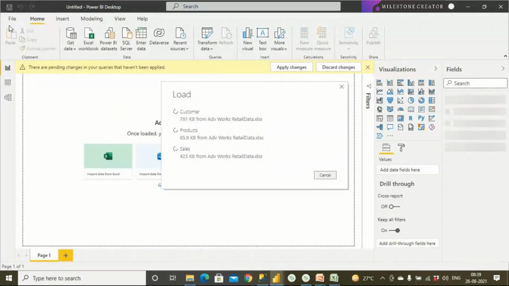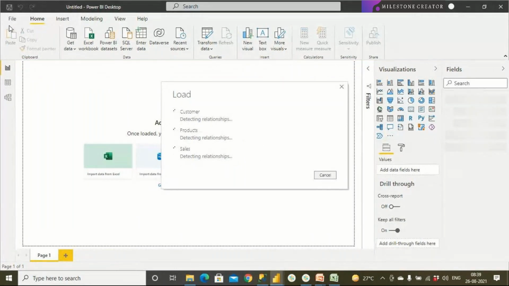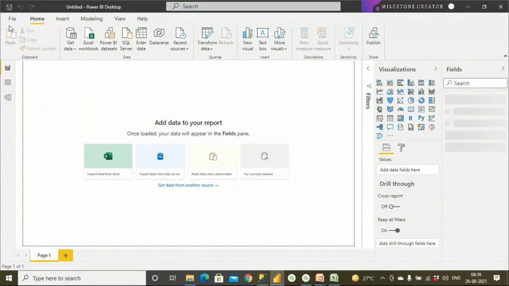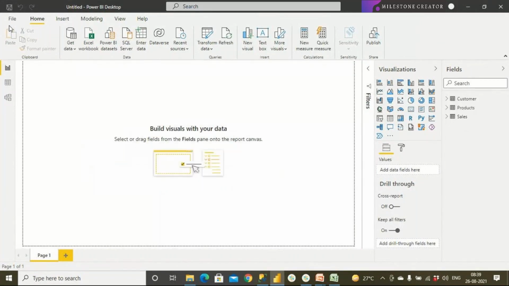There are pending changes in your queries that haven't been applied. We have 60,000 plus rows in the sales table, right? It's megabytes of data. All the data will get loaded into the Power Pivot model and it will get compressed, and a columnar database is going to be created, which is going to store all the data in RAM, which is 10 times faster than normal SQL Server databases. All these things we discussed, right? So now